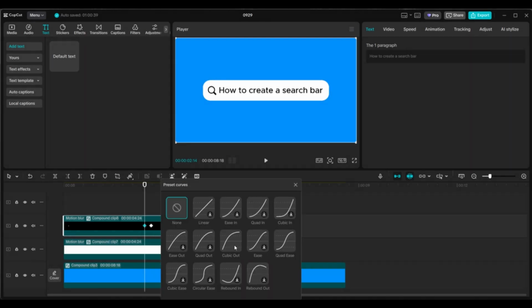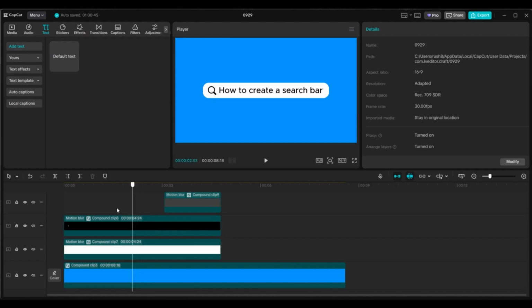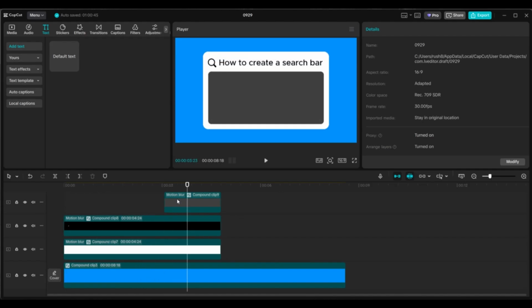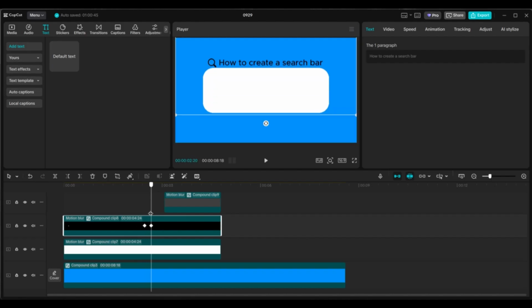So let me play this so you can see what it's going to do. So this particular layer is for the text. As you can see, the text is going to go up faster. So it's not going to be smooth. But if I take it back to the original position, which is this place, and add my cubic out,